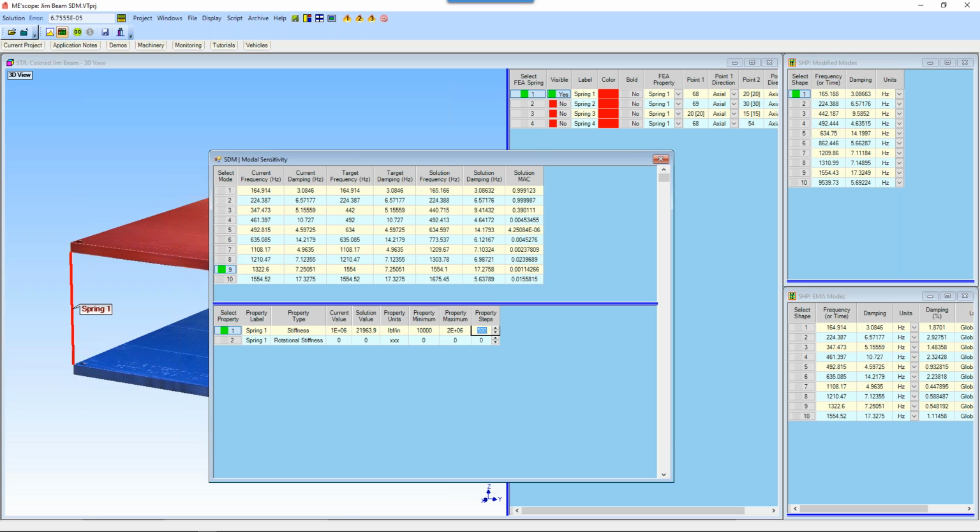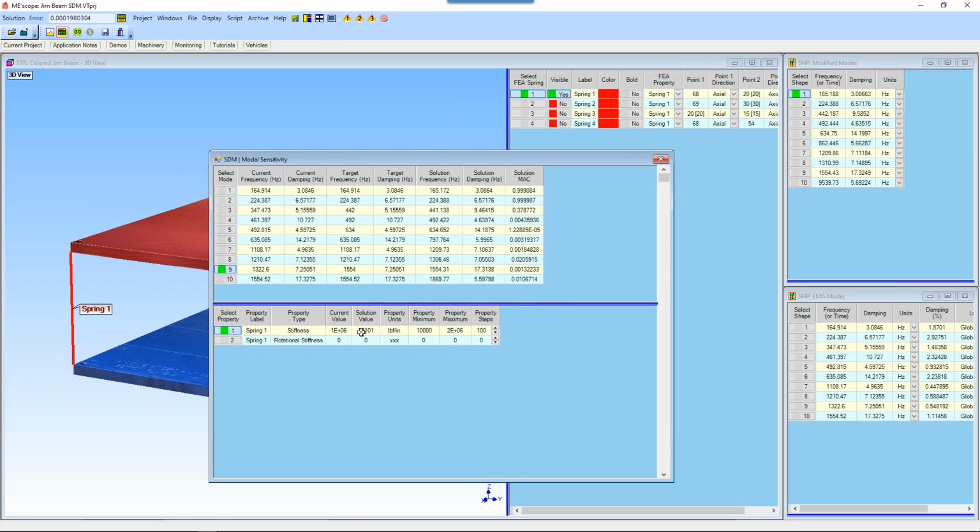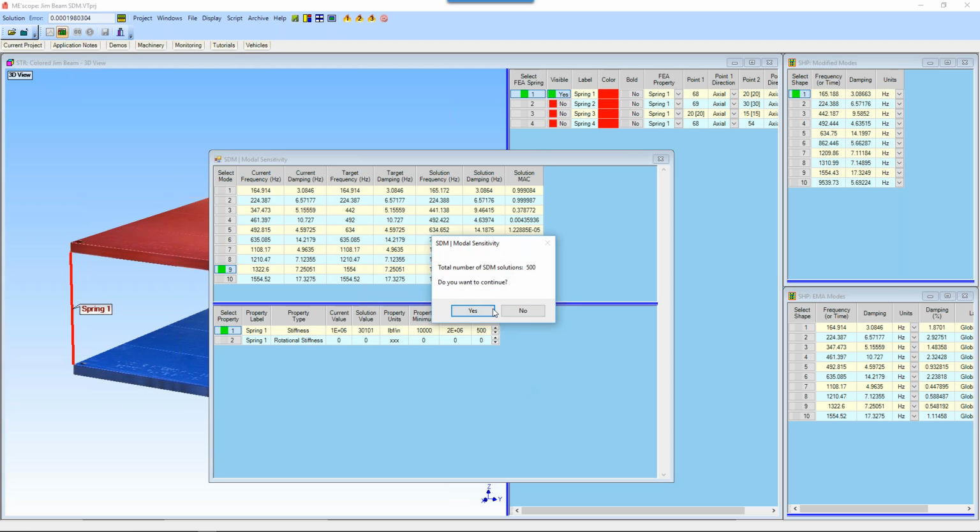If I change it, let's just change it to 100 steps. So that will run very quickly, but I won't get something as close to the 200 as the 500 steps. Now, quite a bit different. 30,000. See, that just gave me quite a bit different answer because I didn't have the resolution. If I put that back to 500, I can go ahead and